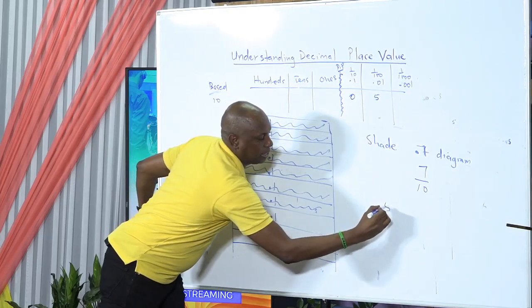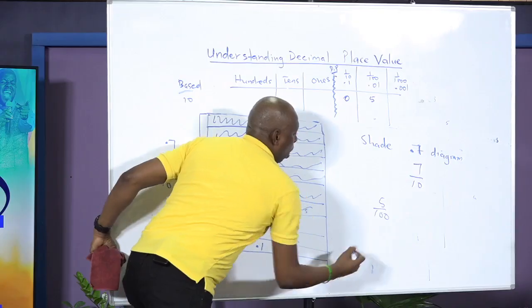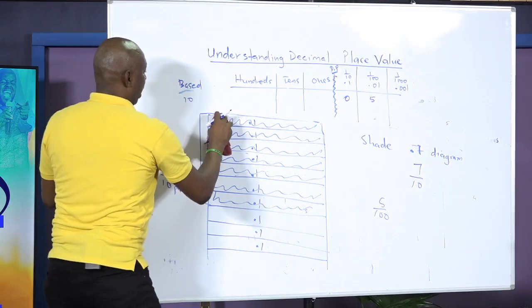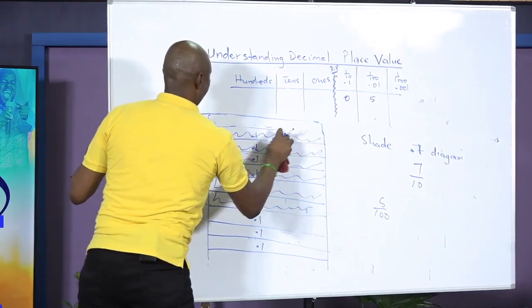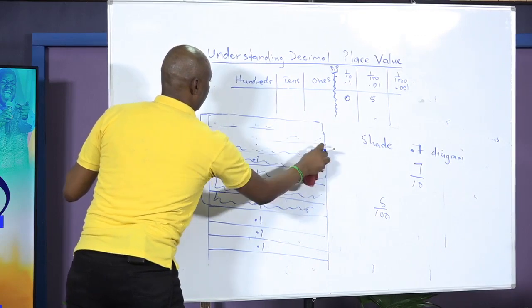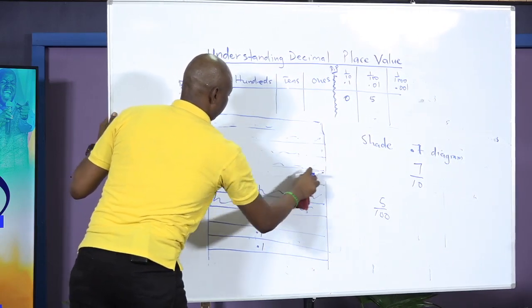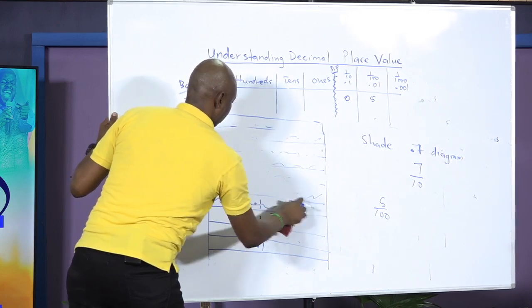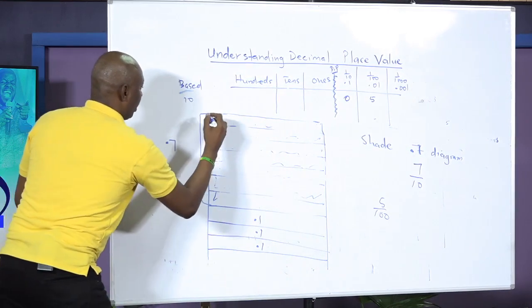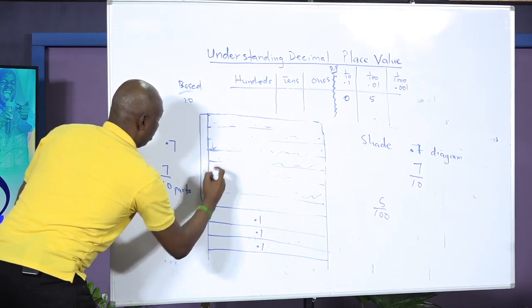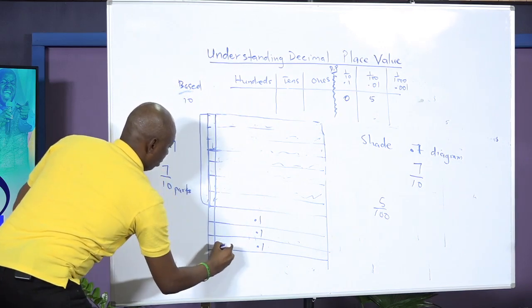This would represent 5 out of 100 parts. So instead of having 10 parts here, I could create, let me just do this quickly, coming down, strips 1,